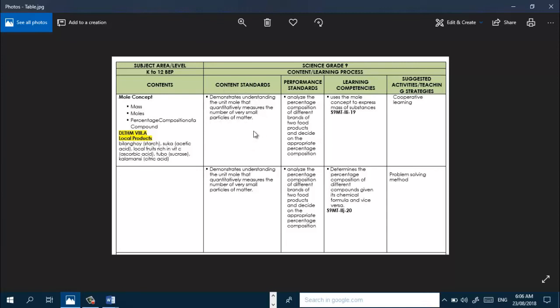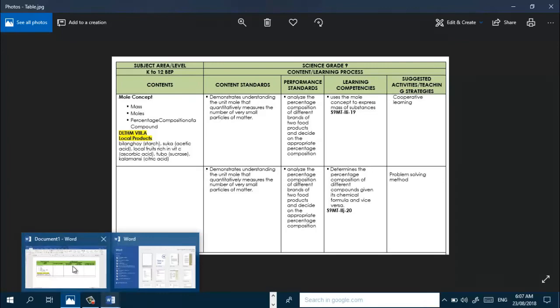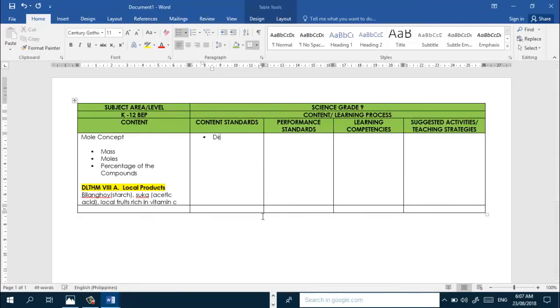So I will be teaching you next time how to copy paste some content where you will not change the format or even the table. So let's say, for example, we have here demonstrate understanding the unit more. So we'll not use all the context. Okay, see that one. And then you need to move the content to the left side as what we did